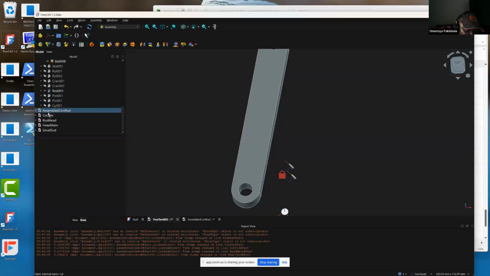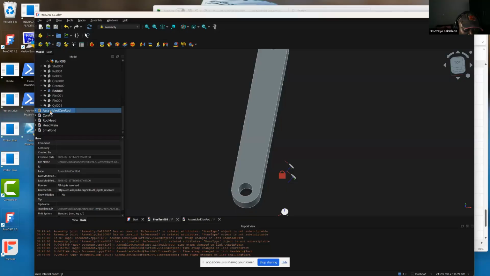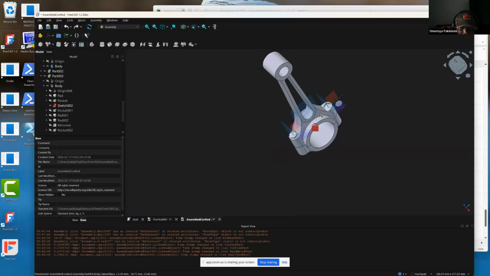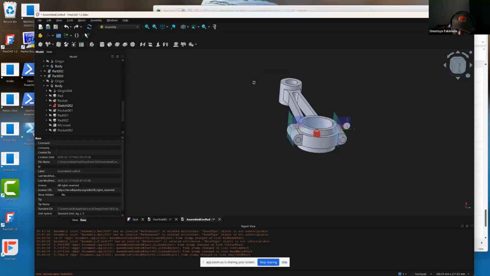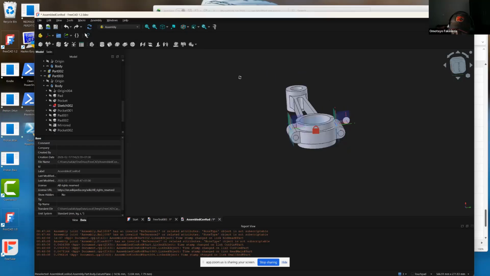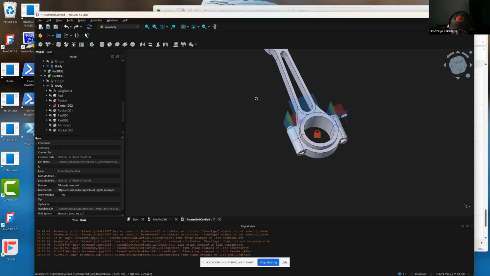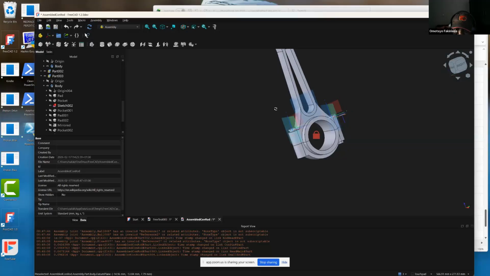So I'm assuming that if we want to do the assembled con rod here, we can decide to close. Let me see what we have done here. Okay, you can see that the pin we have put here is slightly, let us try and expose this pin and use that as an example of how things should look. If we expose the pin,